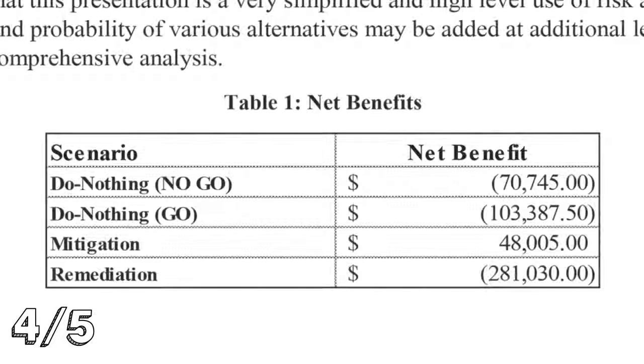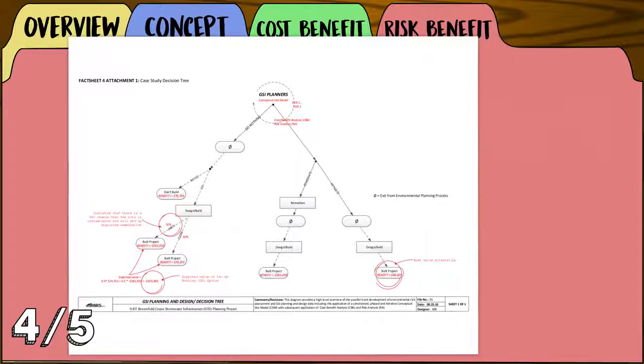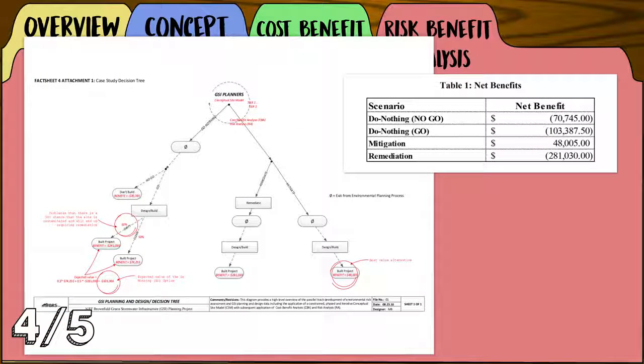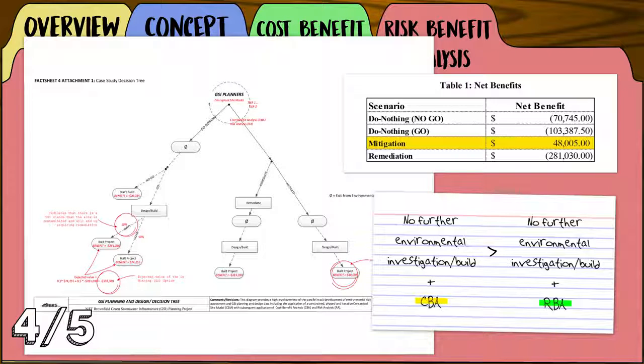You would place the net benefits, including the adjusted value for the no further environmental investigation/build scenario, in a comparison table similar to the one contained in Factsheet 4. The risk-benefit analysis tree illustrates the decision-making process used to compare the net benefits of each scenario. Using the example net benefit values on Factsheet 4, the alternative with the highest net benefit value is the mitigation scenario. Although the net benefit of the no further environmental investigation/build scenario is higher when observing the cost-benefit analysis prior